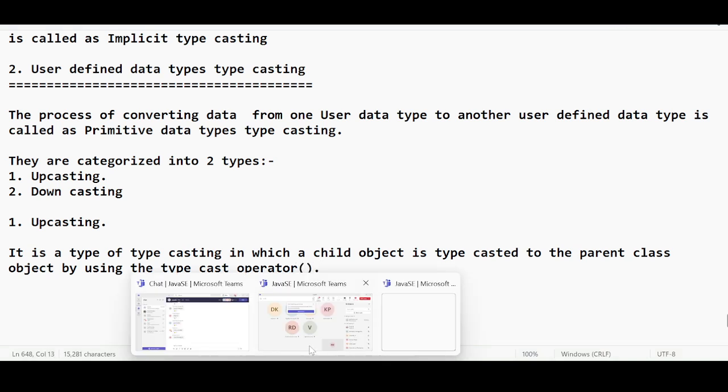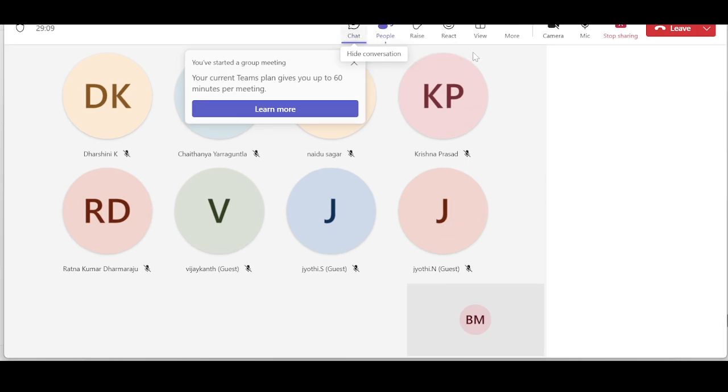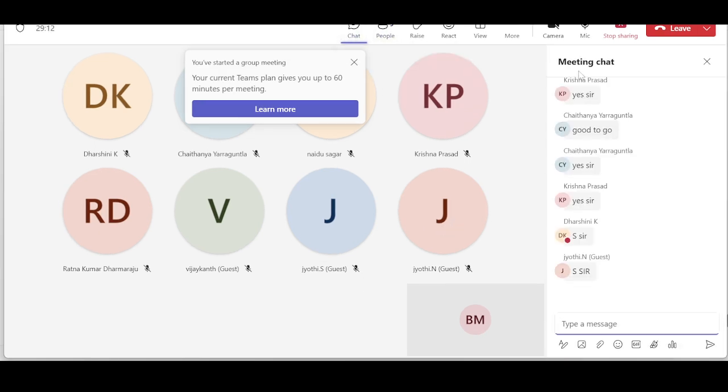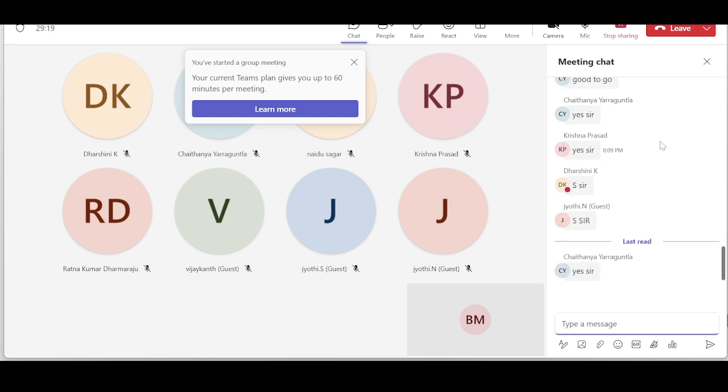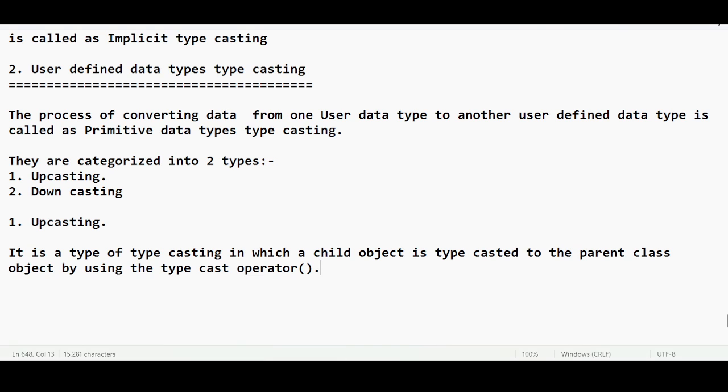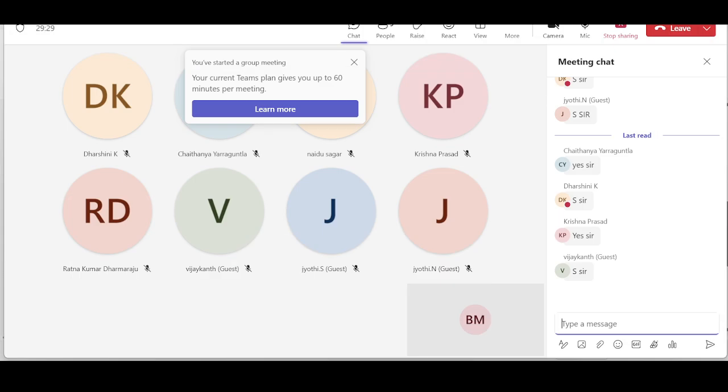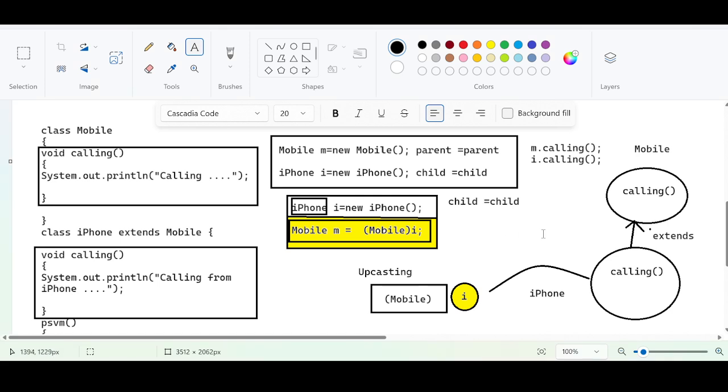Just say something in the chat box. Have you understood the theory and the practical diagrammatical conversion? Just give an answer to that. What are the advantages? Why are we going to do that? That we will understand later. Are we clear with this theory? I just want to explain this theory. I want to convert this theory diagrammatically, so I did the conversion. That's it. Apart from that, I did not do anything. This is the internal conversion. We are talking about the conversion. What are the advantages that we are going to see now?